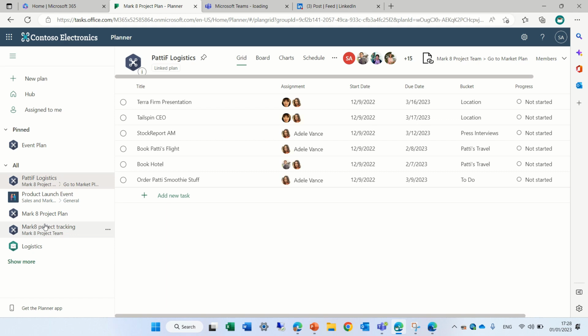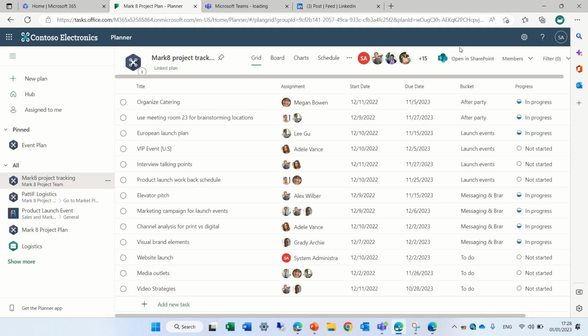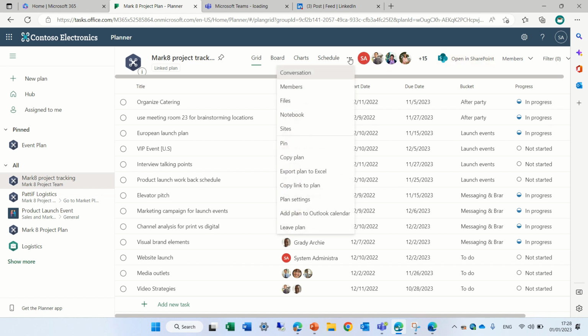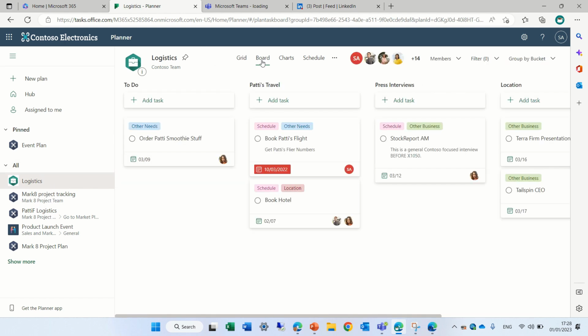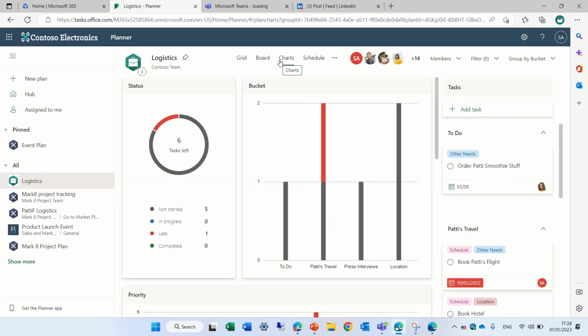If I go, for instance, to here you see I have the open in SharePoint, which appears here. Of course, in the three dots you could also choose the site. So each one has different things, and what's strange is these icons that appeared in the beginning and then disappeared.